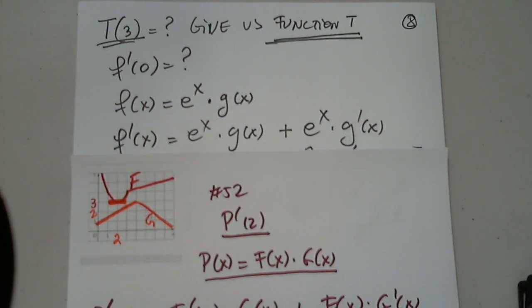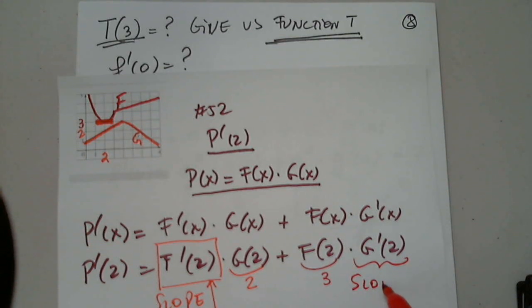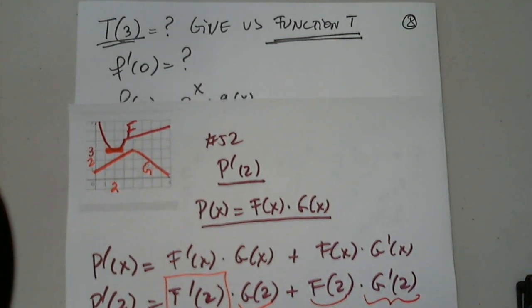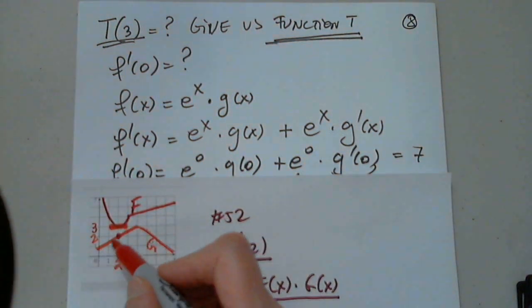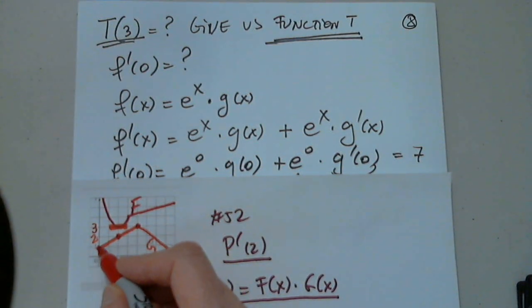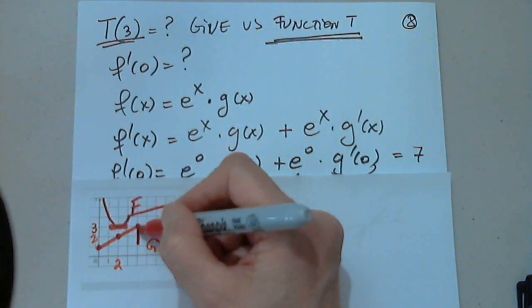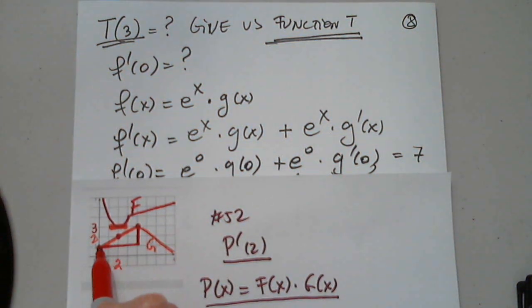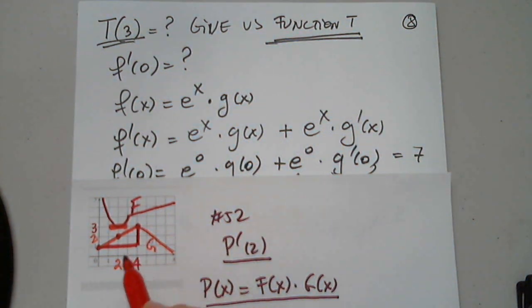Now what does g prime of 2 mean? Slope at 2. Okay. Right here. Rise over run. I see this point, and I use it because it's at the corner of the grid, very easy to read. I need the rise and the run. The rise is 2 units and the run is